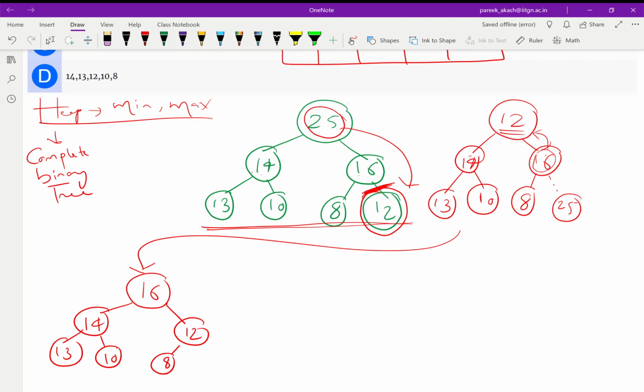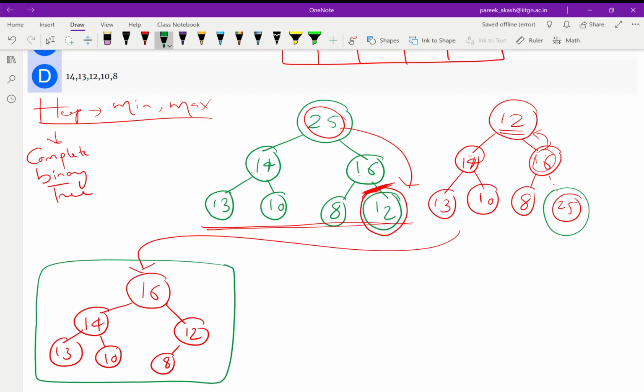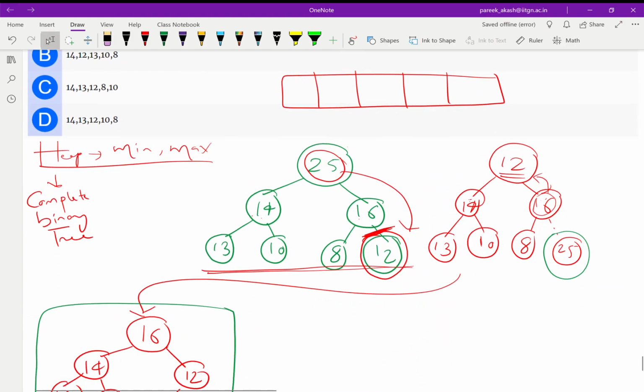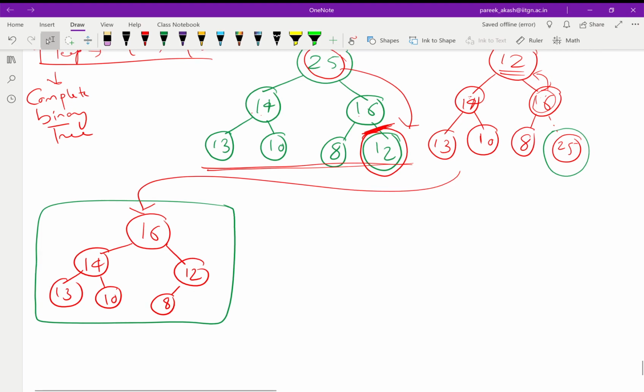We have done one deletion, which is 25, and now in the tree we have got, we have to do one more deletion, because the question is asking us to make two delete operations. Again we delete the root, so we delete 16.